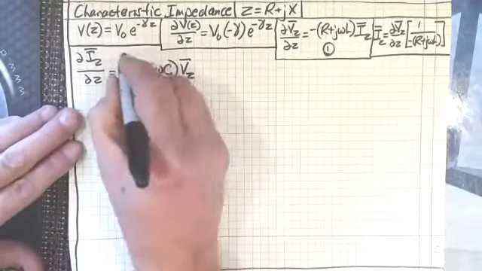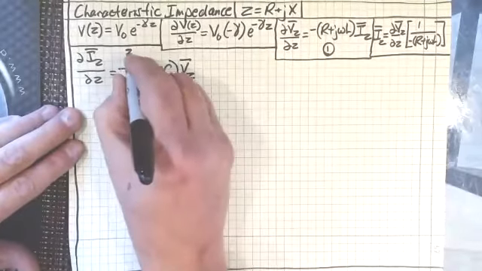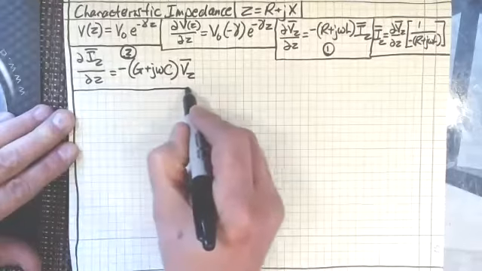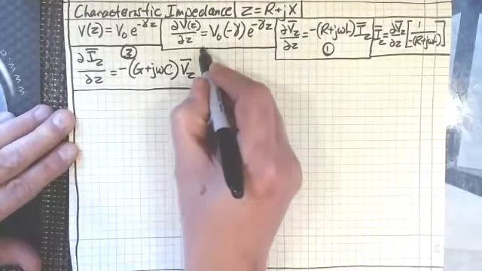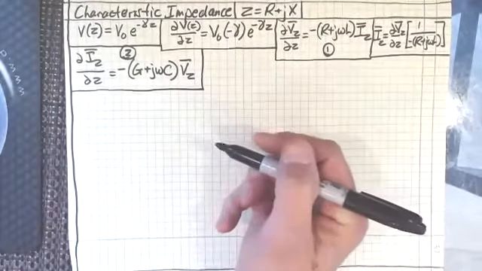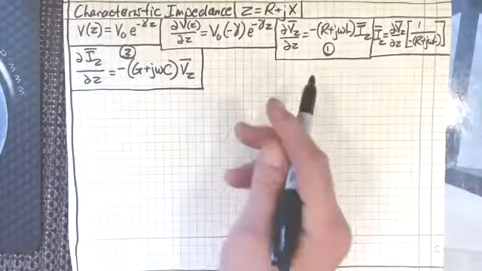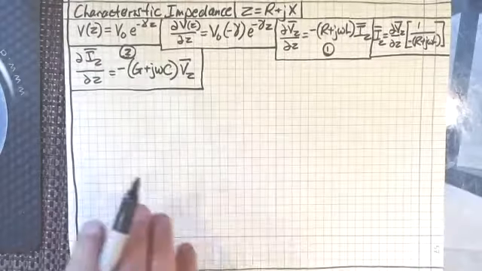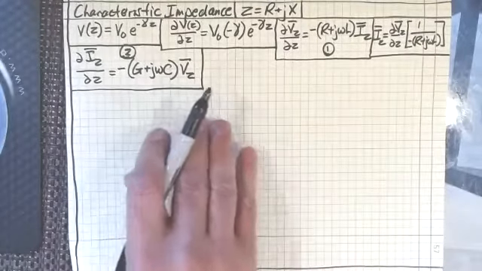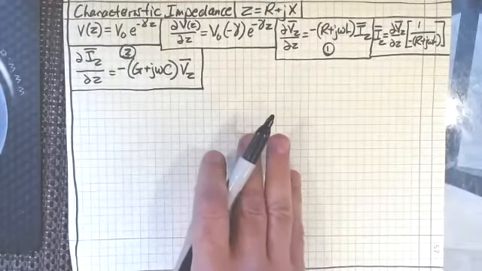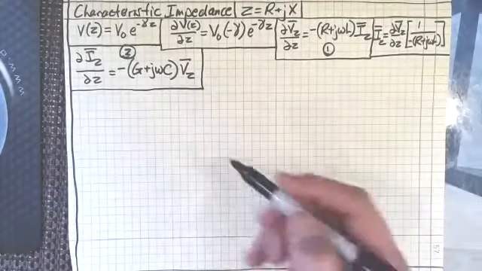And so that is my second telegrapher's equation that we just, of course, spoke about in the last lecture, which was on the telegrapher's equations. And that's why I'm doing the characteristic impedance derivation right after that, because you're familiar with all of these symbols that I'm using. Now, what I want to do is take these things that I've got here,